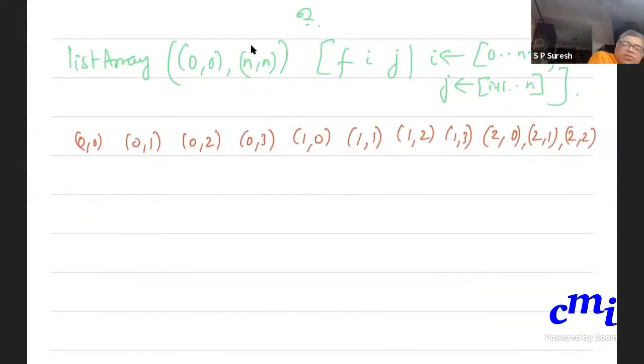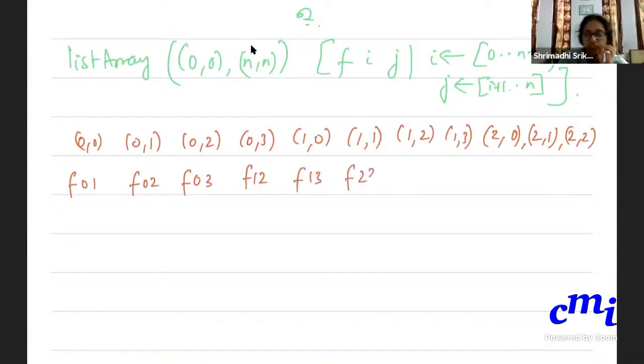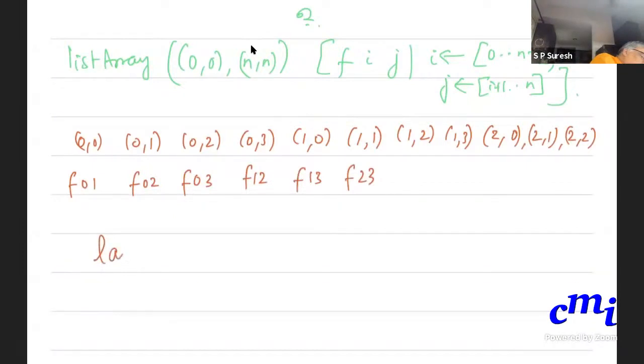But what are your list values? The list values are F01, F02, F03, and then immediately you will put F12, F13, and you are done. So later when you refer to some index like 2 3, that will be totally undefined. It won't return F23.